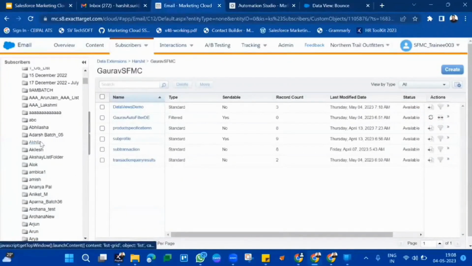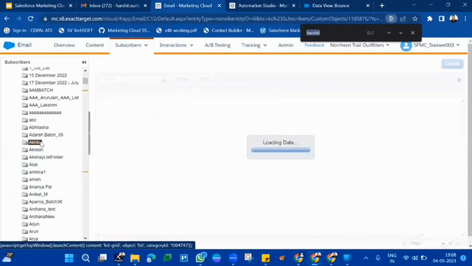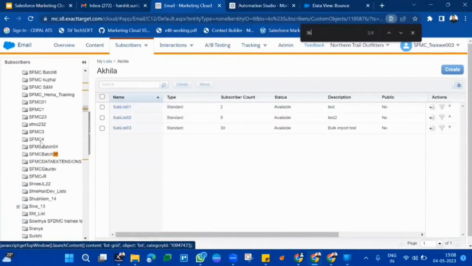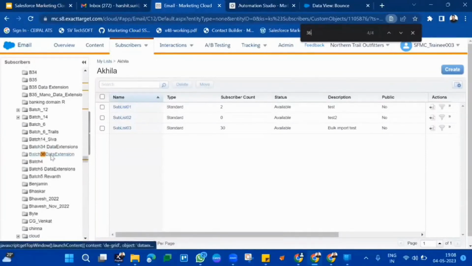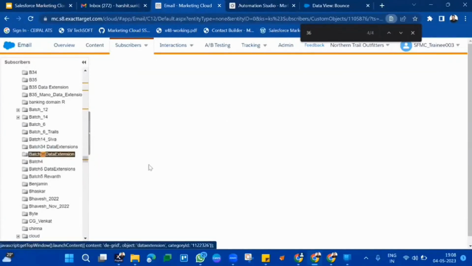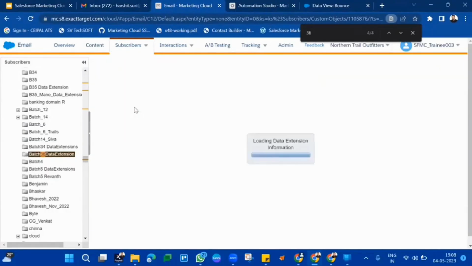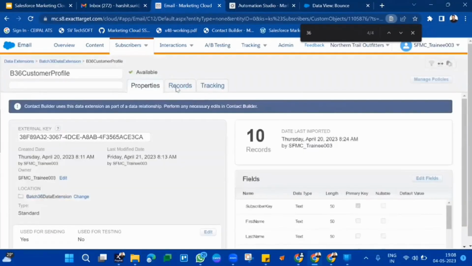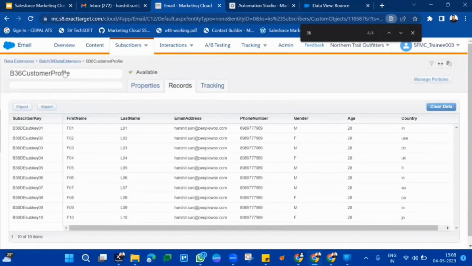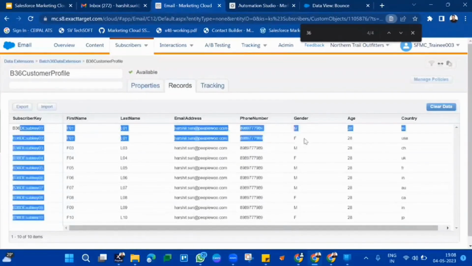If you go to your folder and look into the data extensions which we have created, all have a common type called standard, because these data extensions are created manually. But there are other options as well for the data extensions. For example, you have a master data extension of customer profile